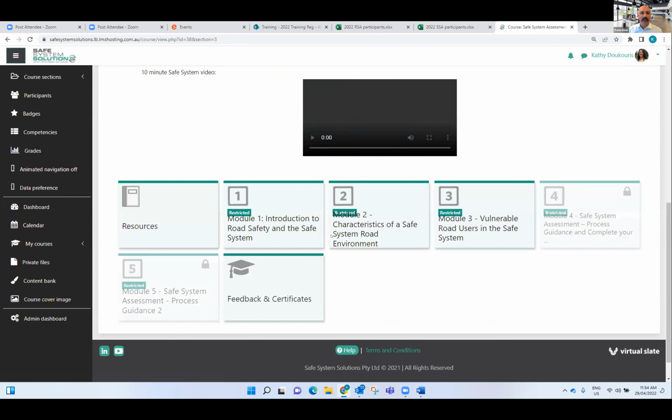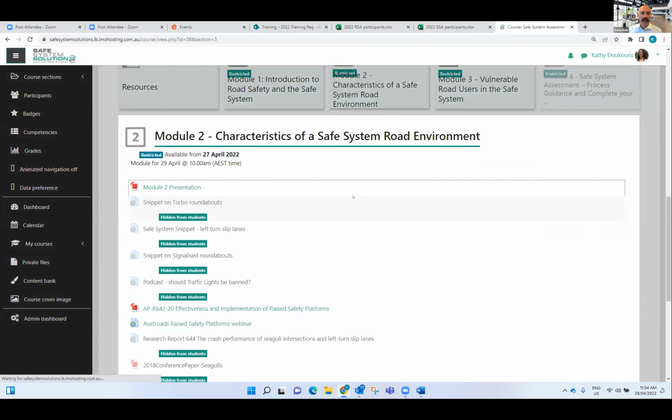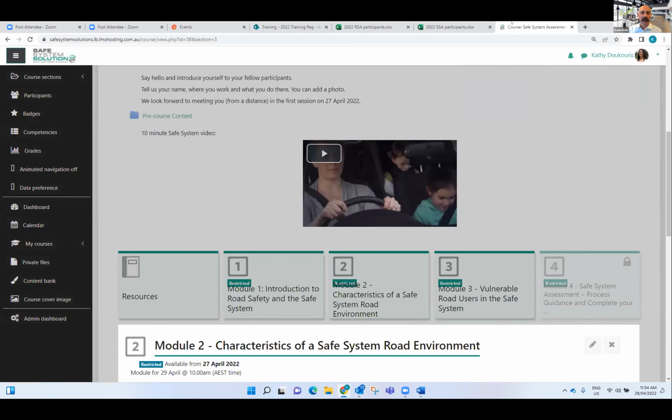If you are confused, if you're going, I don't understand what I have to do, I don't understand what exposure is, what likelihood is, what severity is, you can get in contact with Kathy or myself, and we can help you through that, give you a bit of coaching, a bit of guidance. But you've done the little exercise in today's session where you've got a bit of that thinking. We've done some more discussion about it, and hopefully you'll do all right.